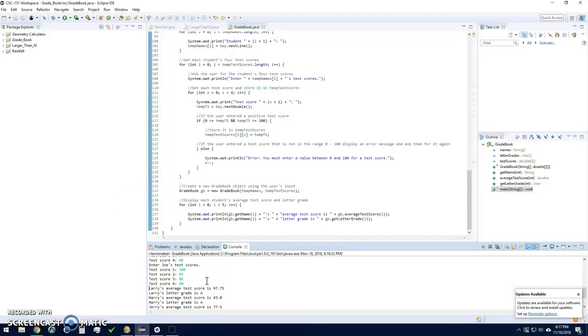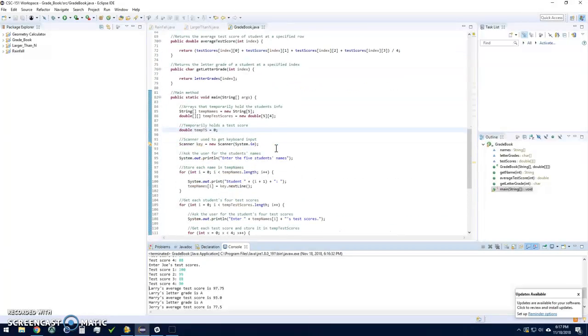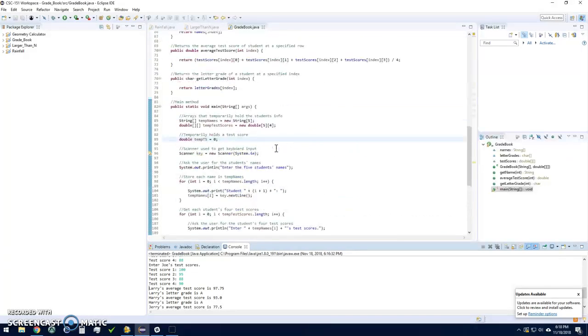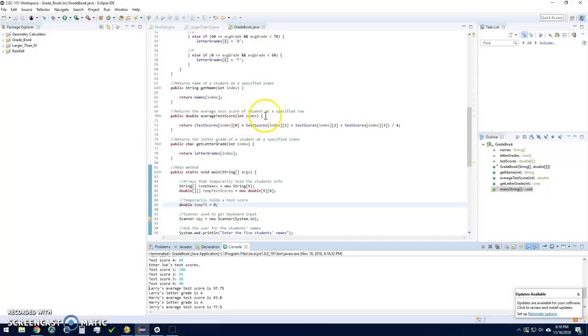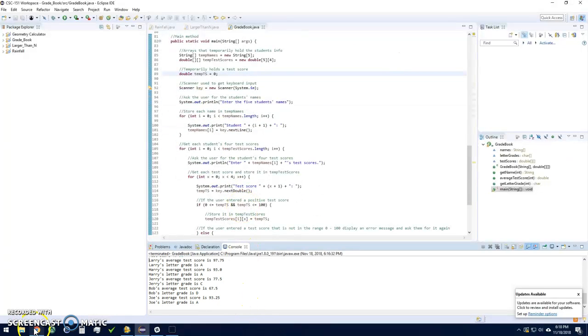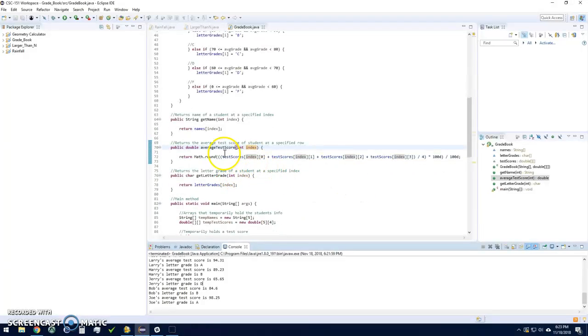And now it'll calculate their test scores here. I believe it's rounded to 2 decimal places. I think the average test score is somewhere, no, I think it is. That should be okay. I think I'll add that in. That way it'll round to 2 decimal places. Yeah, so I'll definitely add that in the code there. But it should be good. Alright, so yeah, pause the video. Only about 30 seconds left, but yeah, I added that back in so it'll round it to 2 decimal places. And here's